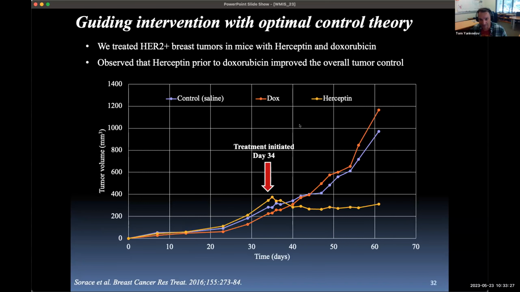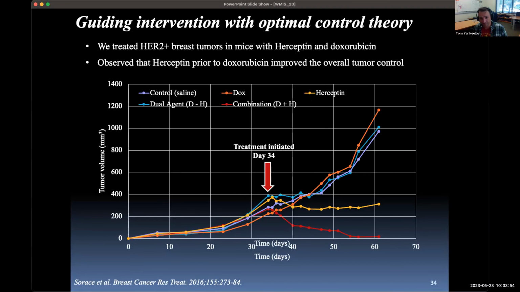And so here's some examples of this, right? So here's the control right here. It's this purpley line right here. The tumor just explodes exponentially, tumor volume versus time here. The doxorubicin, really no difference between that and the control. So the tumor is also exploding there. And Herceptin has a fair amount of tumor control right there. If we combine the doxorubicin and Herceptin together at the same time, we get really good tumor control. The tumor melts away. So that's key to keep in mind.